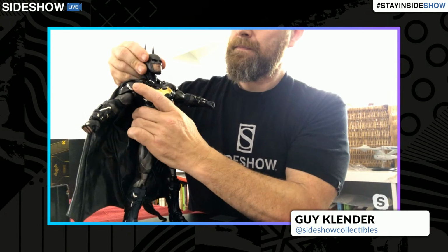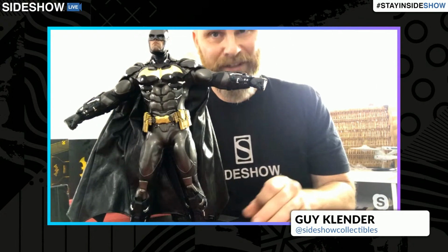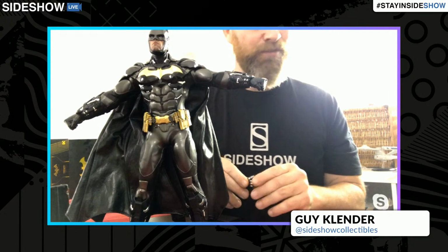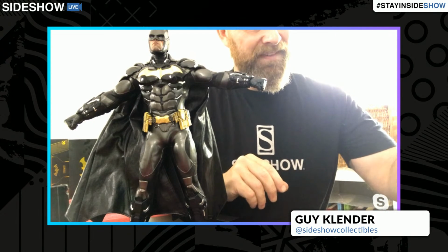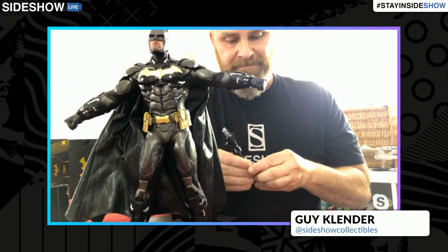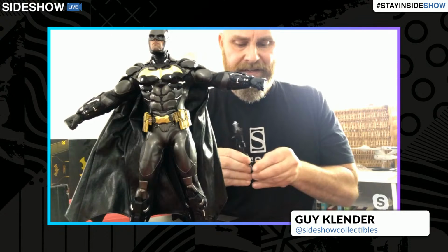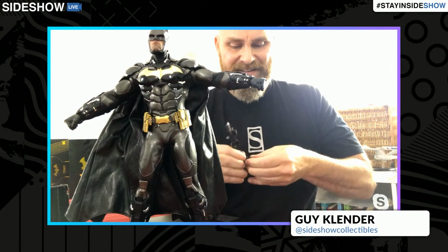A lot of people like to store their boxes because they get buried. And if that's the case, I think I've seen a lot of people use tackle boxes. Yes. I do have those as well for some of my figures in a tackle box. Know that because he comes with a lot of stuff, if you're going to do a tackle box for it, which is completely a good idea, it's going to fill a lot of your tackle box. He's not without a lot of stuff. I would say make sure you label it, and if you use a tackle box to store other things, don't do accessories for two different Batmans, because then you don't want to mix it up and then you're like, wait, did he come with the